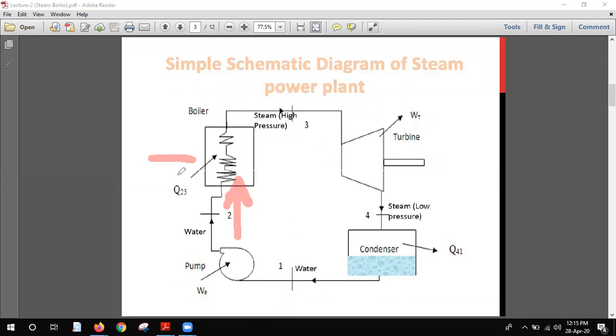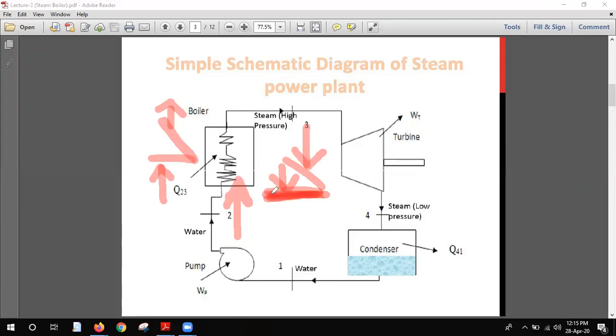So it is a one-way valve. It only opens when the water comes from the pump to the boiler. In this direction, when the water gives pressure, the valve opens like this, and water enters inside the boiler. But it is a one-way valve. When the water from the boiler tries to go back to the pump, this valve becomes closed. So it will always remain like that.